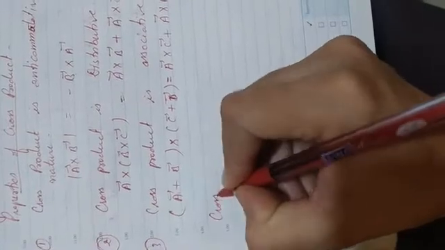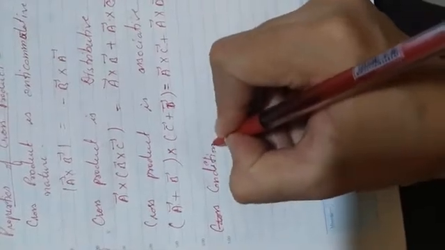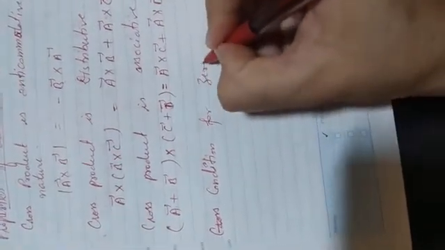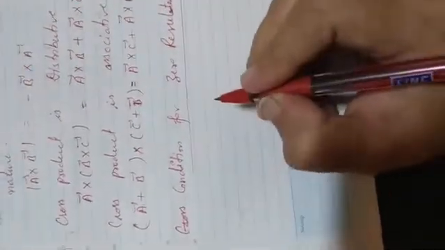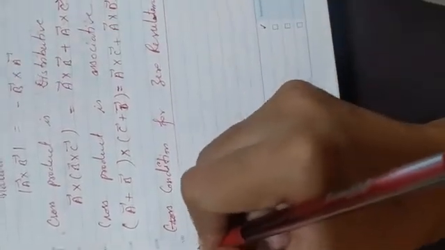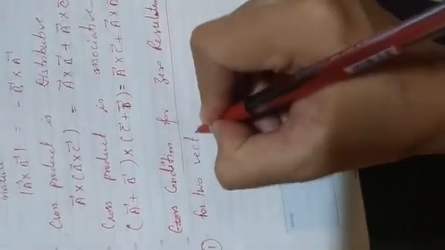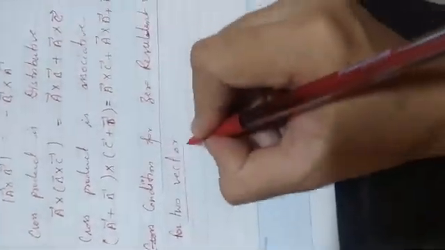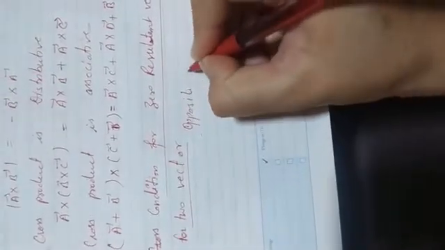Next topic is the condition for zero resultant vector. When we say that the resultant of the given vectors is 0, first is for two vectors. If we are taking two vectors, then when can we say that the resultant is 0? If the directions of both vectors are opposite, then we can say that their resultant is 0. We will write it: opposite direction